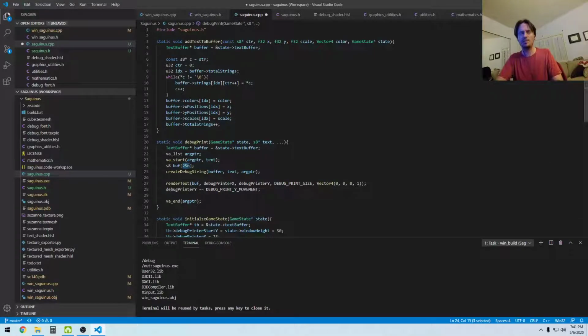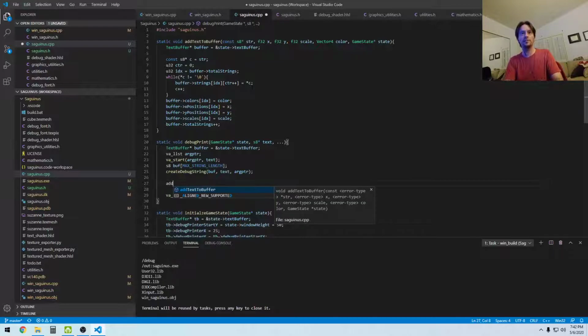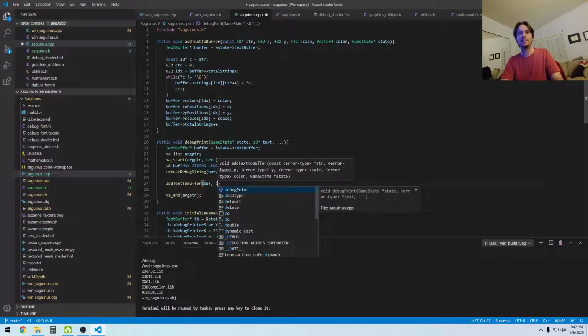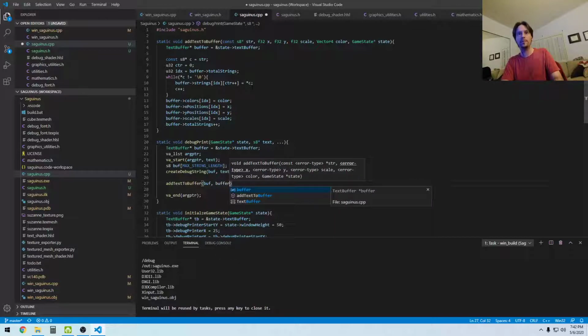Actually, I should just use the define, max string length. Okay, so that's going to go in there. So then the text is going to go in there. Hard pointers there. All right, so instead of rendering text, what we're doing is we're going to add text to the buffer, passing in our string. So the string that we're passing in is now buff at x, so that's the buffers